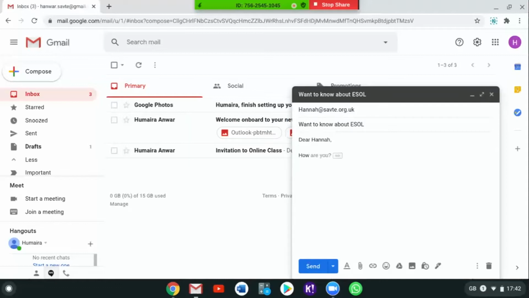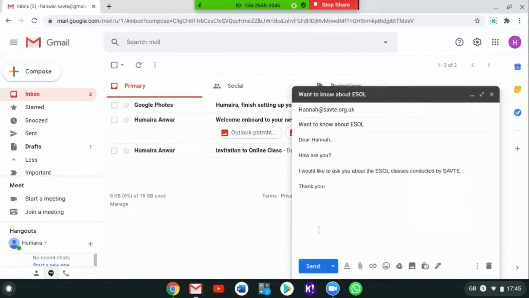You will see here that Gmail gives me an option of auto completing my sentence. For example, I'd like to write, how are you? Gmail has already given me an option to auto complete it. To complete it, I need to press the tab key on my keyboard. When I do that, the sentence will be auto completed according to the suggestion that Google has made.